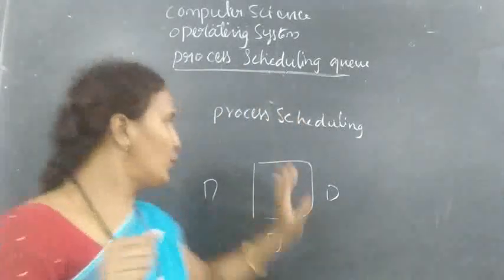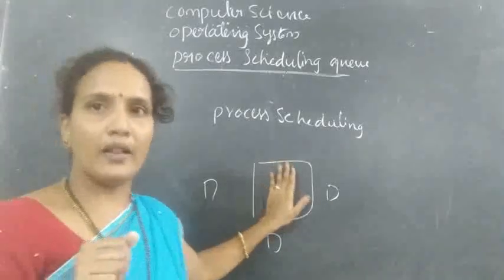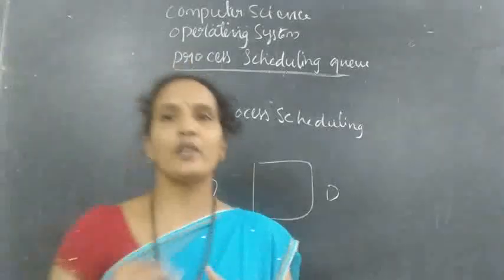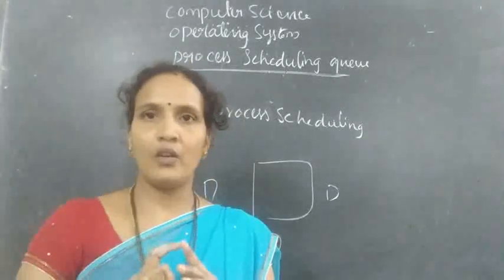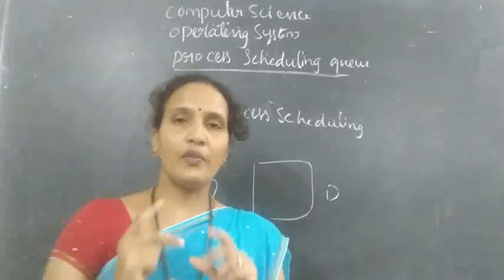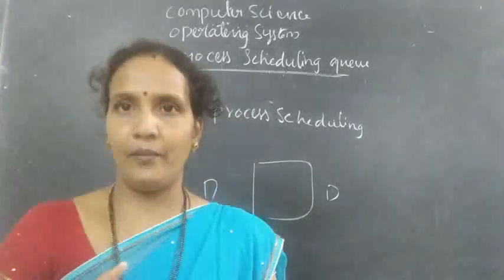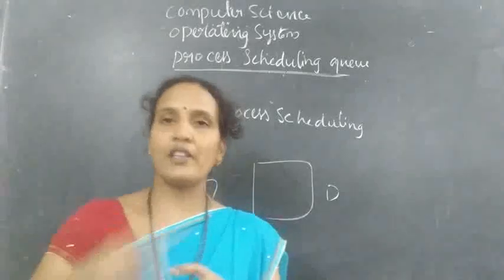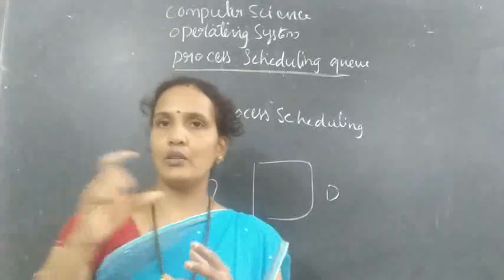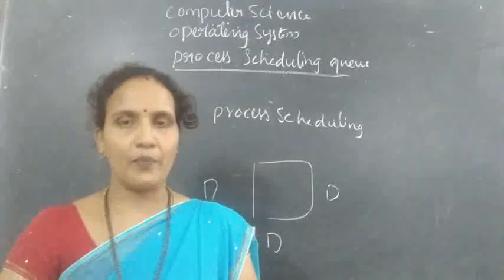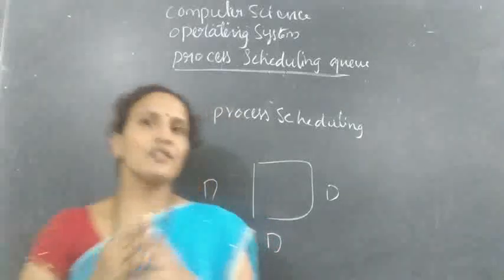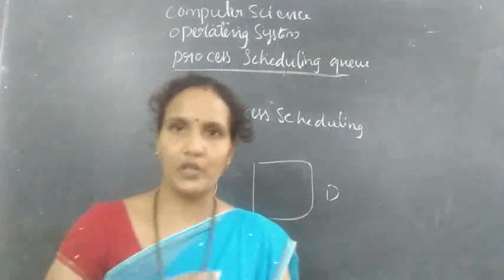For example, you have a PC and you are already watching a movie. At the same time you are working in an MS Word document. Okay, how many processes are running? Two processes are running. So when two processes are running, which one should be done first? For example, you want to do the MS application first. That means you want a sequence, and that sequence is nothing but the process scheduling.